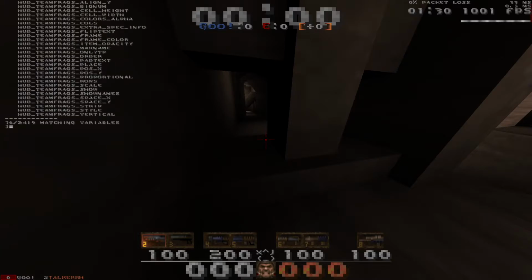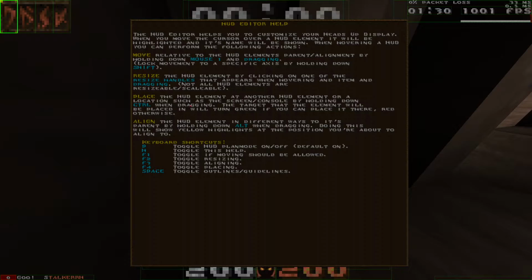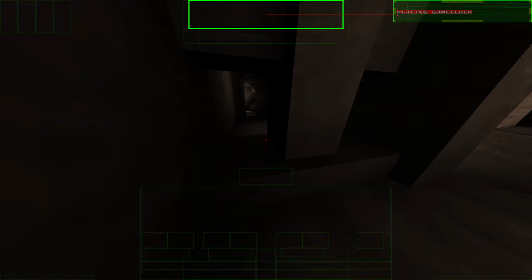All right, so I tend to bind P hud_editor, so that I can hit P and go in and out of the HUD editor easily. And to hide the HUD editor help screen, press H. Quickly, F1 if you want to be able to move elements at all, F2 if you want to be able to resize any elements at all, F3 to be able to press Control and drag an item to lock it to another item or element or whatever,